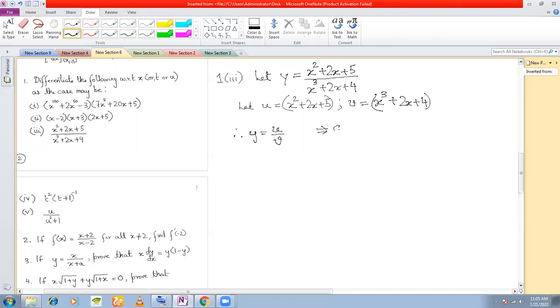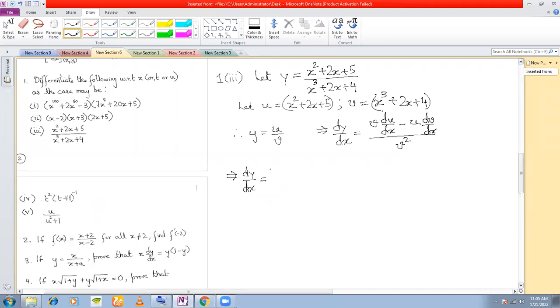That means, what is the quotient rule for differentiation? It is v du dx minus u dv dx, whole divided by v square. This is the quotient rule for differentiation. Let's put the values here. That means dy dx